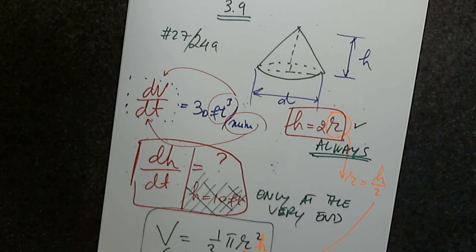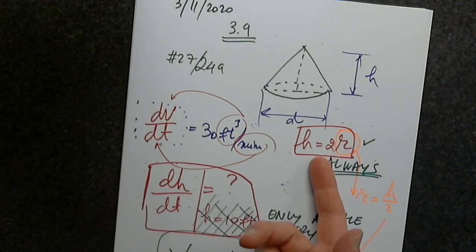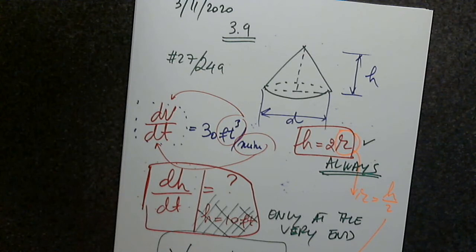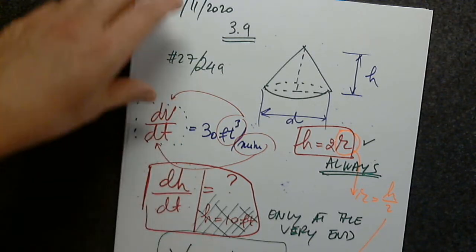So r squared has no place in there. I know nothing about r. I will connect the volume to the height, and I don't care about anything else. And that's why, given this information, I simply replace r by h over 2. And now I have a function